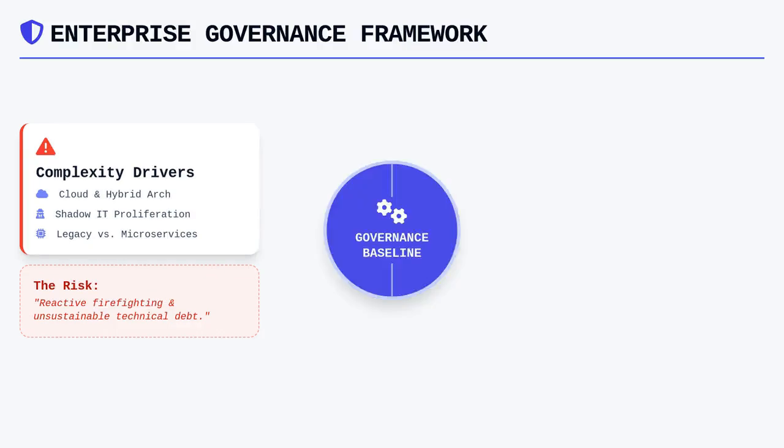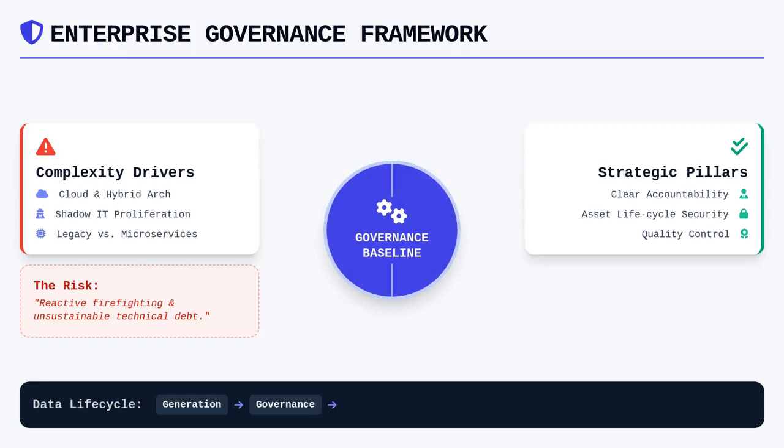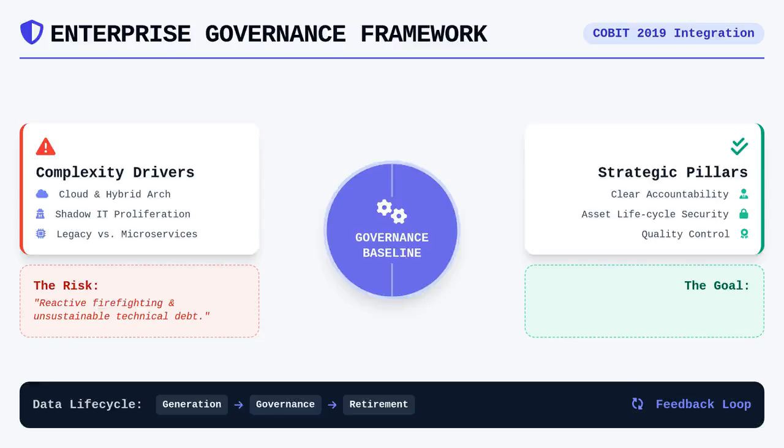A robust governance system for these foundations requires clear definitions of responsibility and accountability, ensuring that those who design the infrastructure understand their role in the broader governance lifecycle. We must also consider the information flows that traverse these applications, as the governance system is ultimately tasked with securing information assets from the moment they are generated until they are retired. By integrating these technical realities into the broader scope of COBIT 2019, we create a feedback loop where the technical performance of services informs executive decision-making.